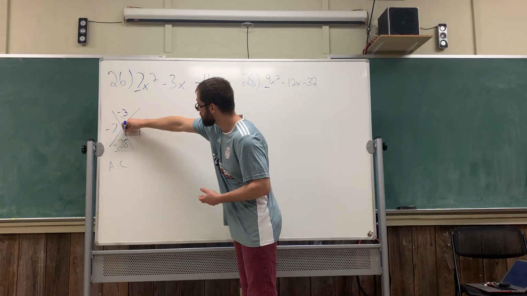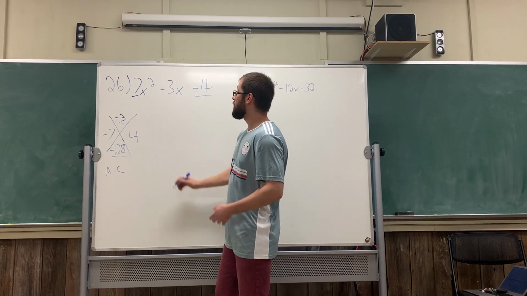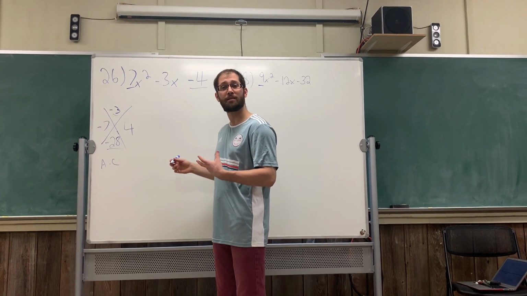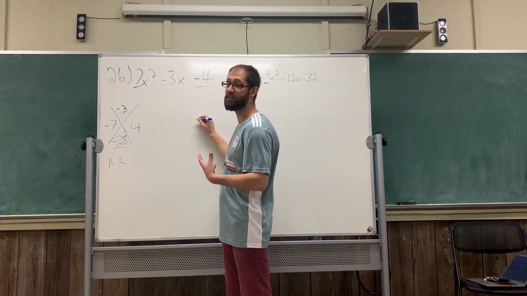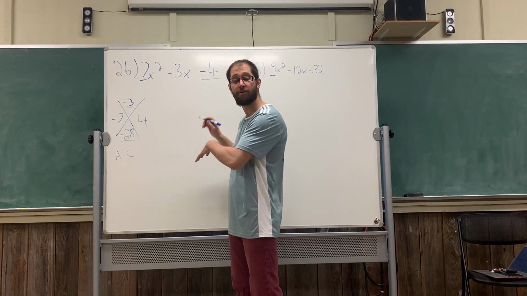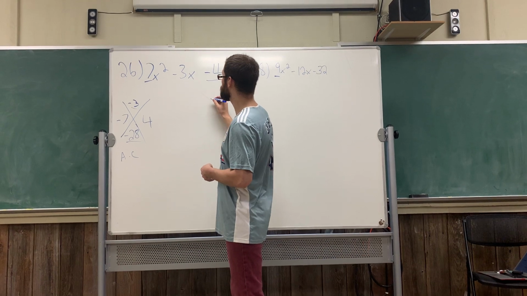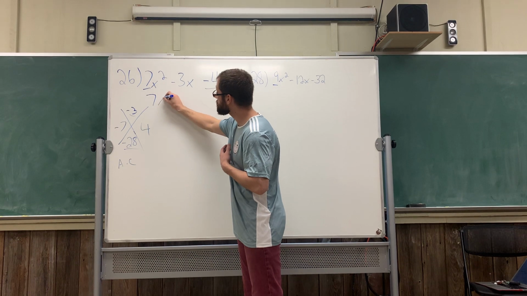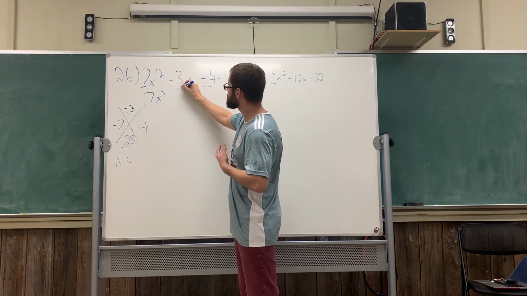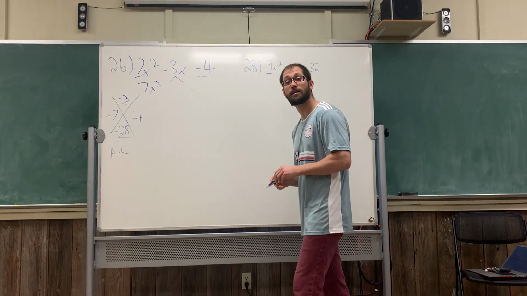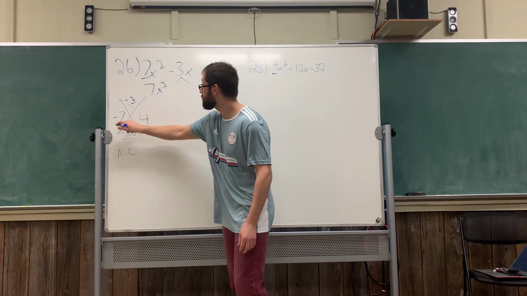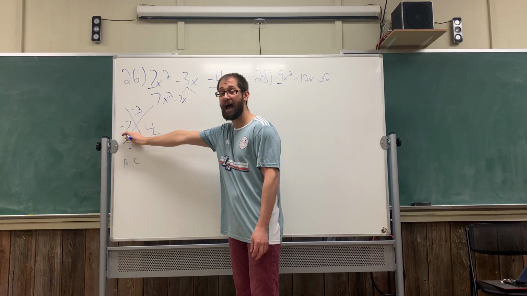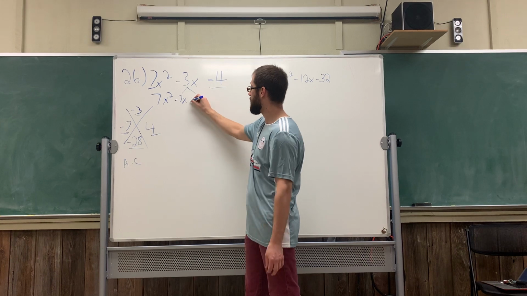Again, it's the same x method, but now I have 7 in front of my x. So I can't just put x minus 7 times x plus 4 like I did on the other problems. We have to solve this by grouping. So now I'm going to rewrite 7x squared, and this is the part some of us have problems with. I am going to split up this negative 3x into negative 7x, which I got from my x method, and